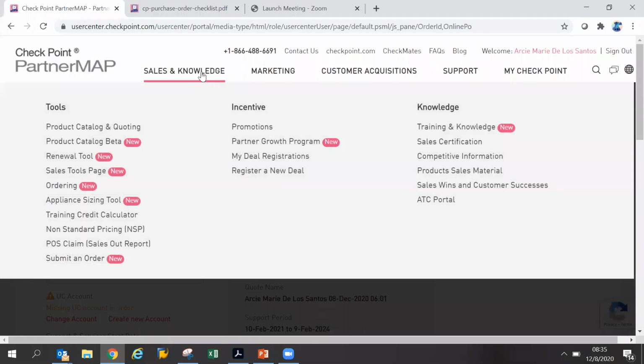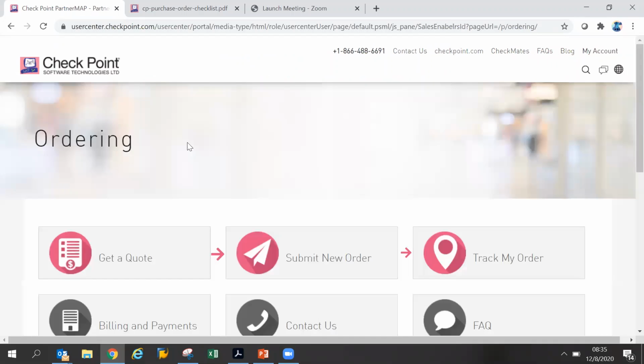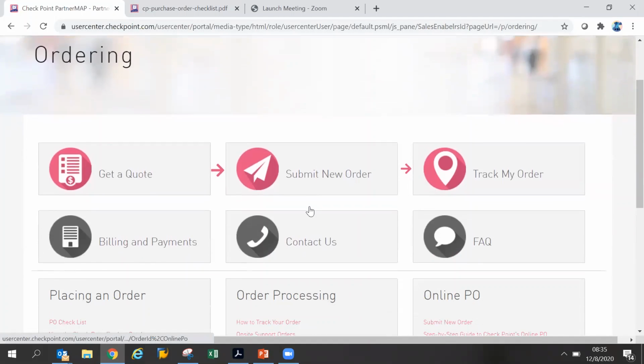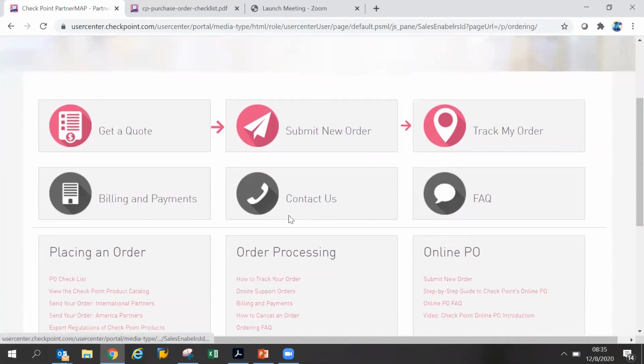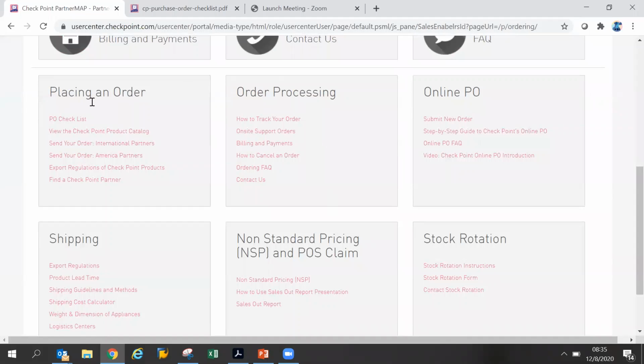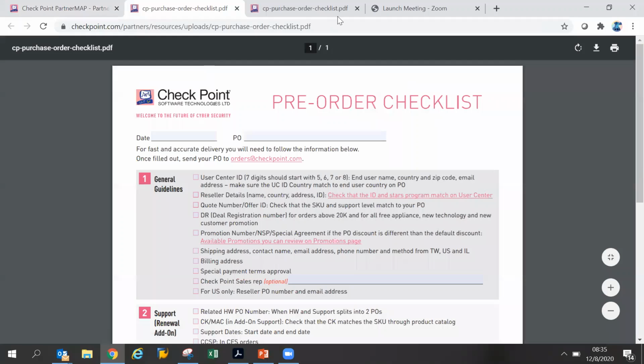So if you hit the Sales and Knowledge tab and you go down to the ordering section, here you can find a lot of resources for order processing and a lot of shipping information, a lot of really good information on placing your PO. But the number one thing that I think gets overlooked is our PO checklist. So here under placing an order, there's a link called PO checklist. And if you click on that,